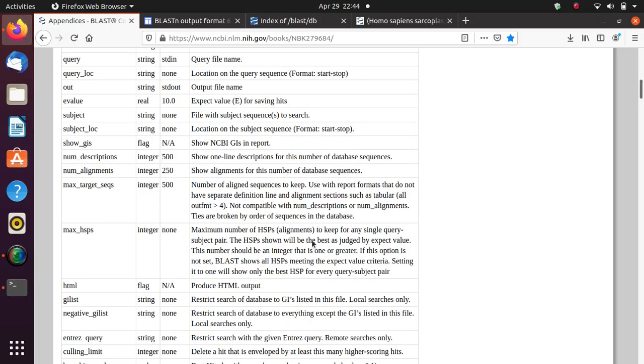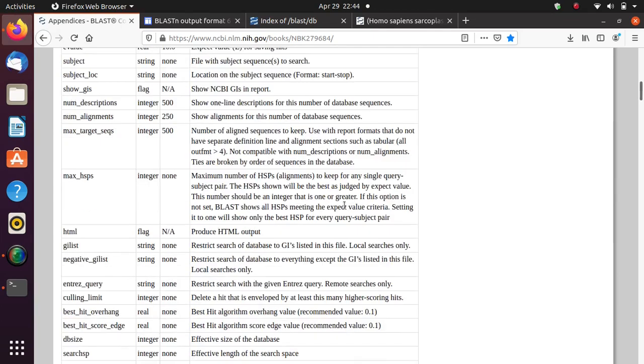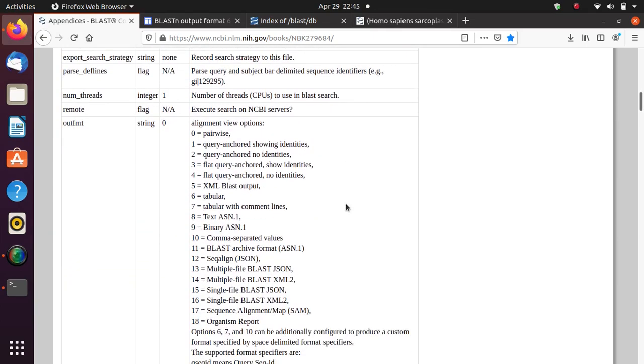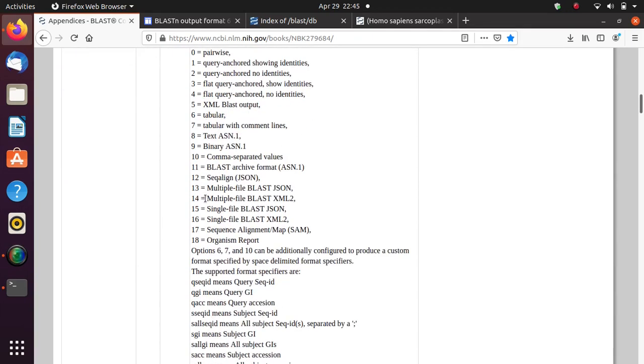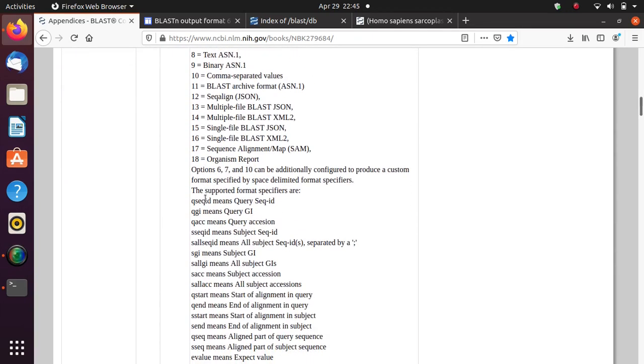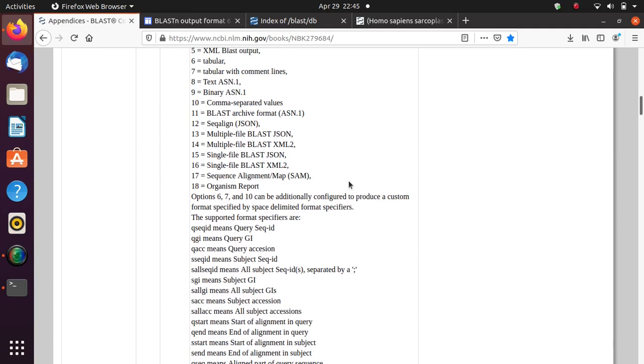We'll go through that BLAST manual once again. In the output format section, you could see that for the value 6 it is mentioned as tabular. You could use other options also, like there is a CSV format and many things. For the outputs for options 6, 7 and 10, you can additionally configure a custom format specified by the space delimiter format.